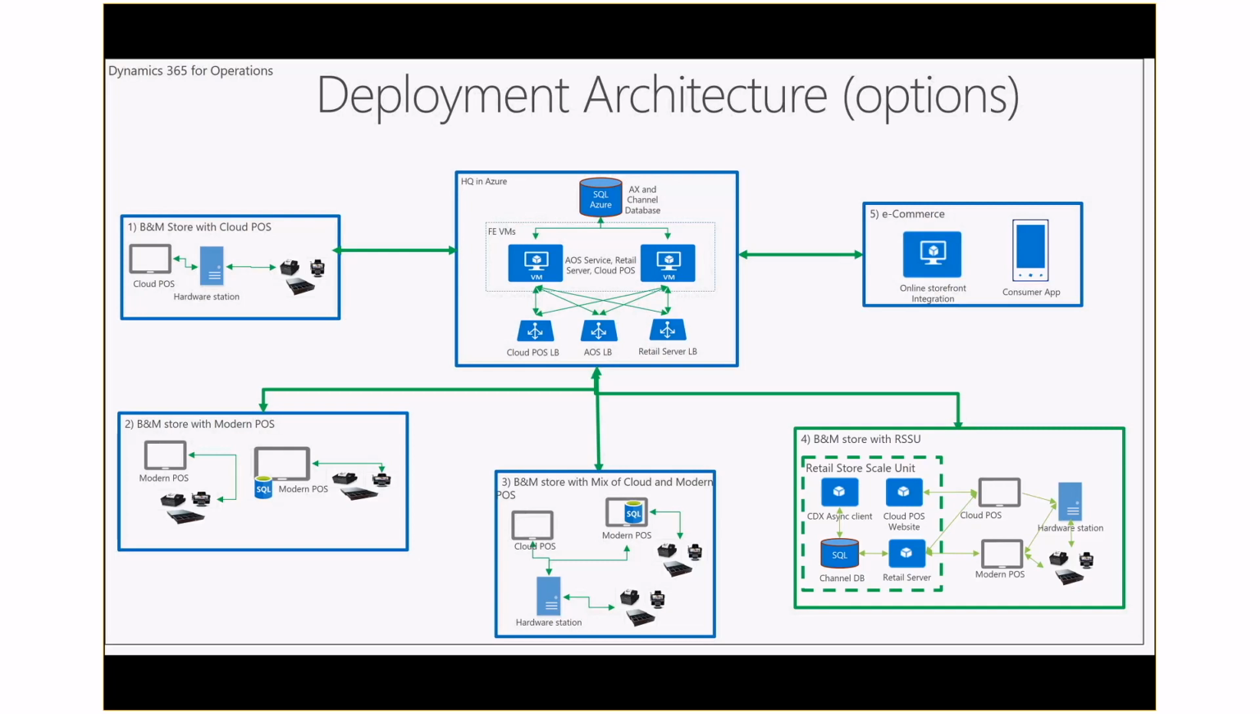Number 4, on the lower right. This is the store with the retail store scale unit, which I demoed earlier. So we have the box with the lines. We have all the server components now moved down close to the terminals, which gives us the benefits of faster scans, lower latency, and also a bit more reliability, and we're basically not as dependent on the internet connection's